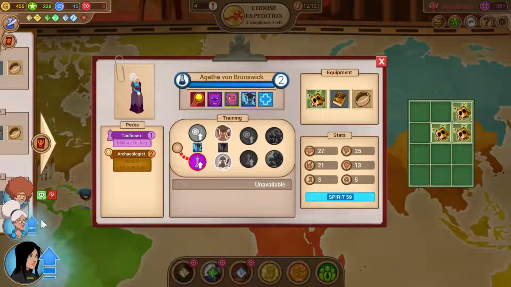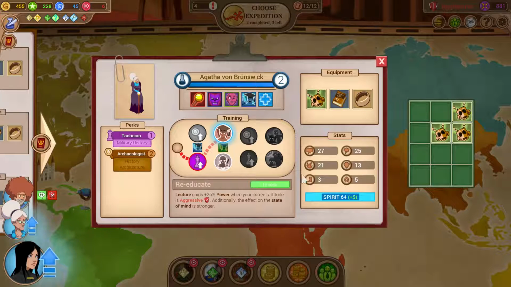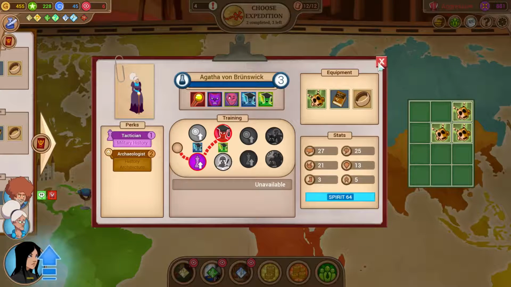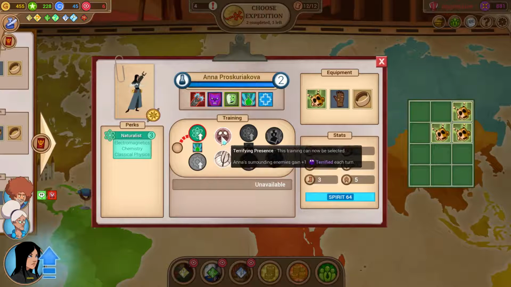So let's level up our characters real quick. Re-educate here gives lecture, gives +25% power when the current attitude is aggressive. We've been going aggressive more and more, so we'll unlock that one. Also getting our inspiring course unlocked. And Anna's going to go with